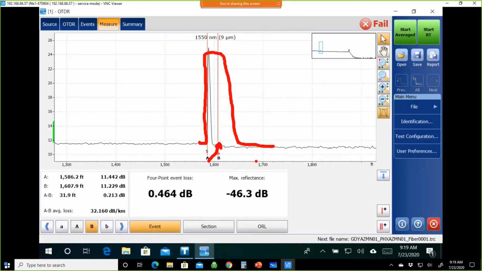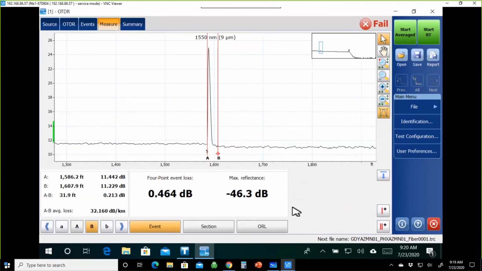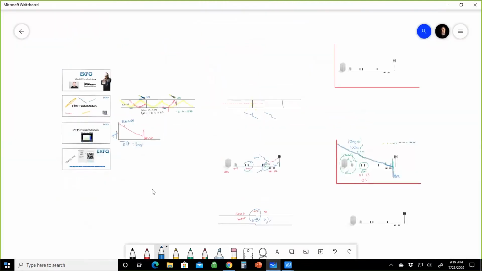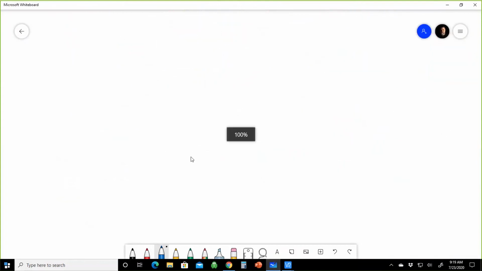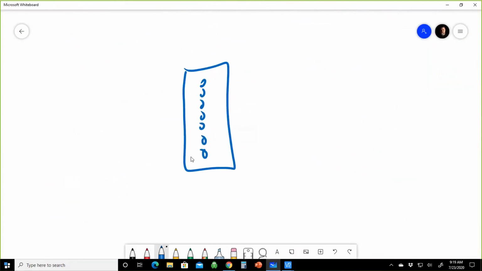This is a huge issue. After every single reflection, you are going to have dead zone. And this is really important to understand, because when you are sitting inside, say, a switch or a hub, and you are sitting at an FTP panel, if you're sitting at this FTP panel with all these individual ports, and when you plug in your OTDR into this particular panel and test, it is not uncommon for you to have